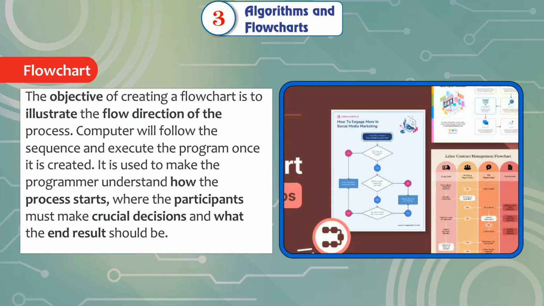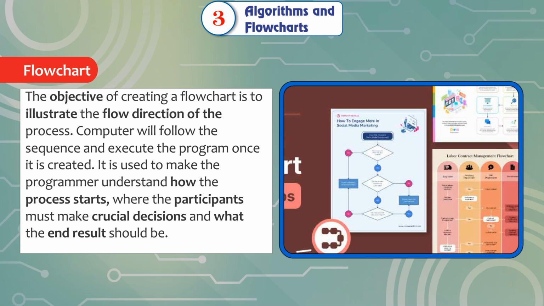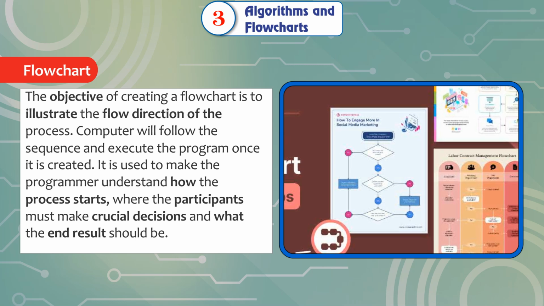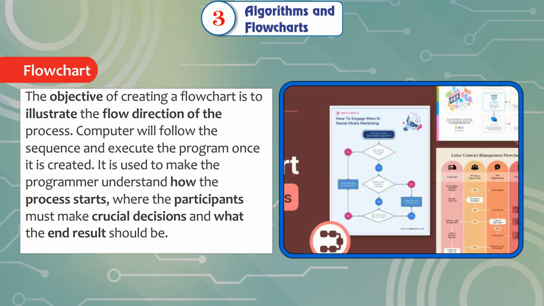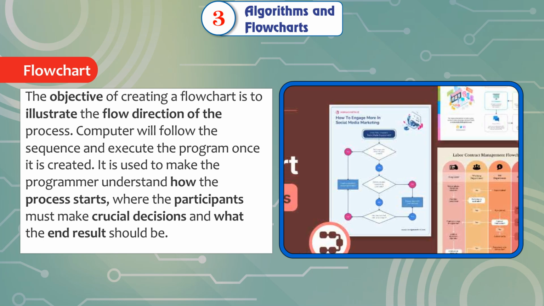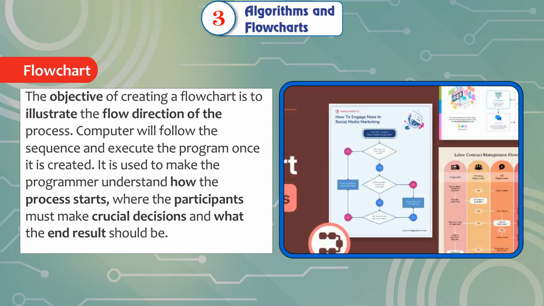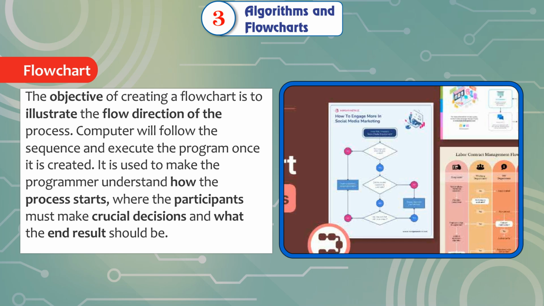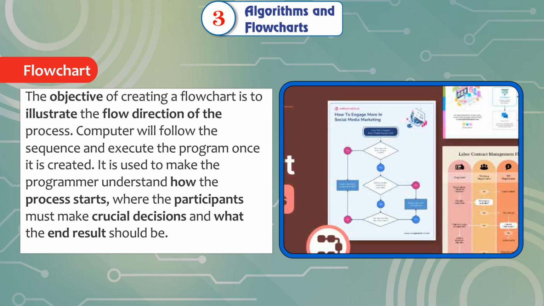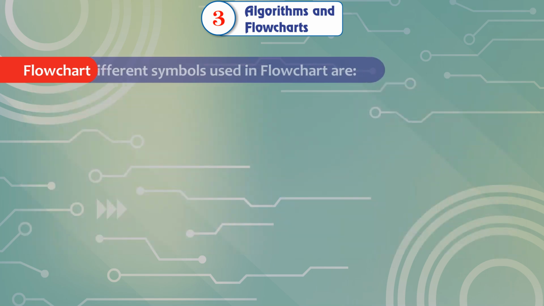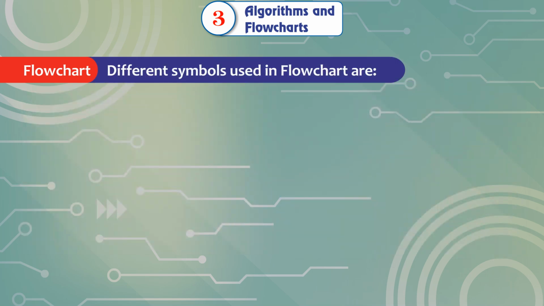The objective of creating a flowchart is to illustrate the flow direction of the process. The computer will follow the sequence and execute the program once it is created. It is used to make the programmer understand how the process starts, where the participants must make crucial decisions, and what the end result should be. Different symbols used in a flowchart are: